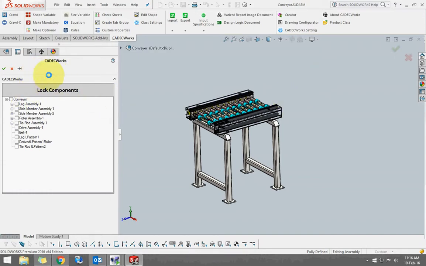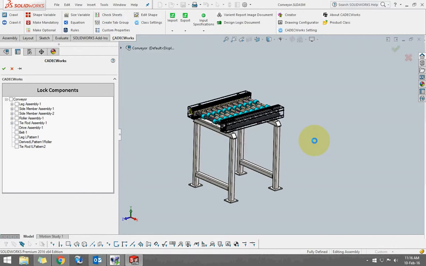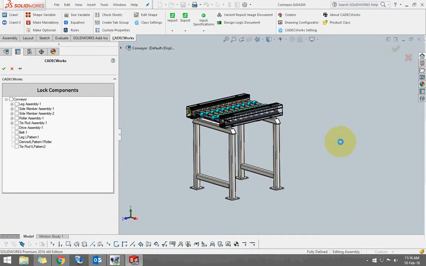Here you can see that we have got one window. This is the lock component window. If you don't want to modify any component or you don't want to configure some of the components or parameters, you can lock that from here, and Cadec will not gather or collect the information from that particular part. So once you have defined that, I don't want information of this sub-assembly's second part, so I will just select that one. I will just click on OK.